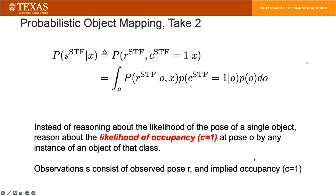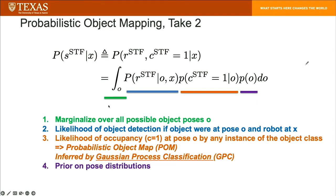What is the likelihood that a particular object of a particular class will be seen at a particular pose, right? So what's happening here is that we're marginalizing out over poses, but we're asking for a particular occupancy. So this C_s^f equal to 1 implies occupancy at a particular pose. How likely is it that you'll make these observations, right? And now you have essentially a probabilistic object map, which is essentially this part of this formulation, which is saying,